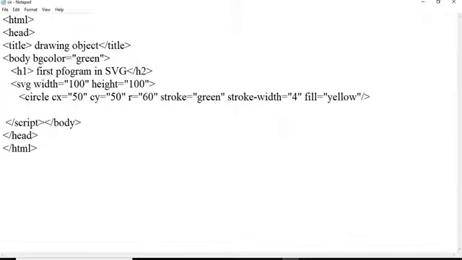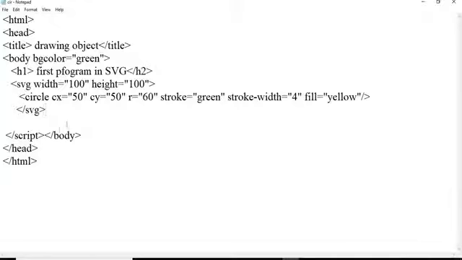So here this is a circle tag where we can have the x and y coordinates with the radius, and after this we have to close the tag which we have included, that is SVG.